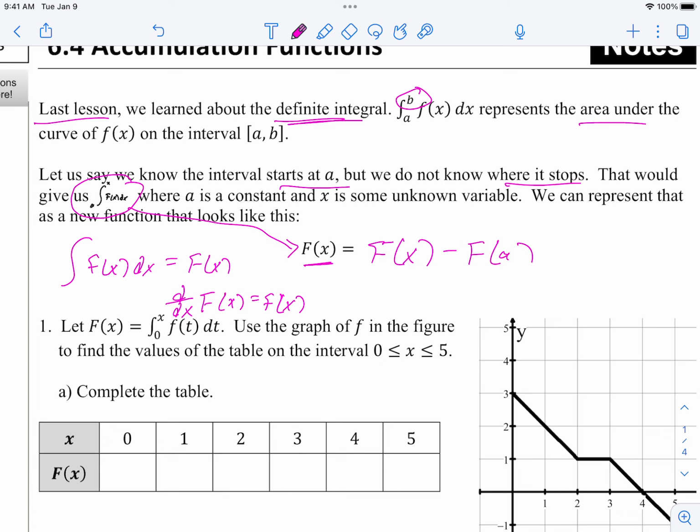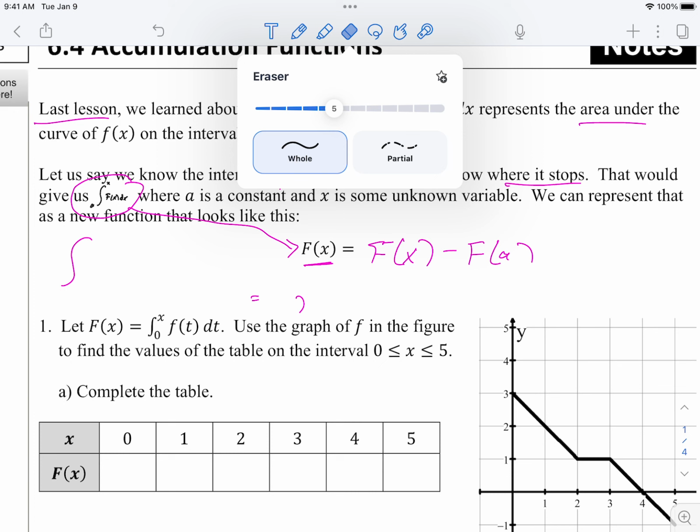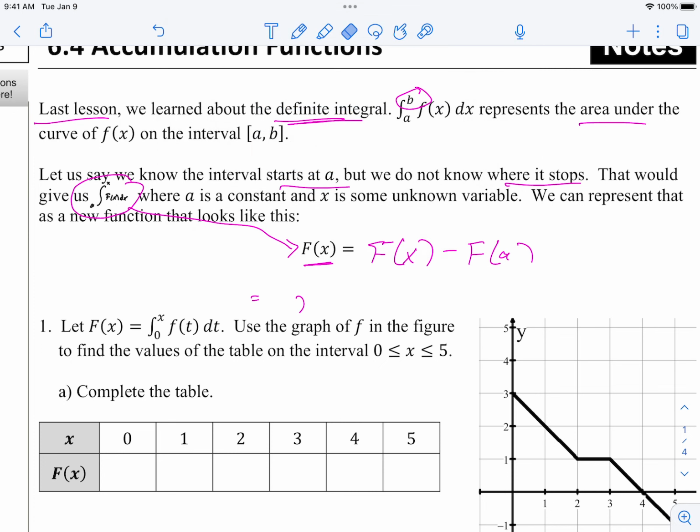Why don't I just bring that down with it? So we're just talking about that big F. I'm going to delete this out of here because I actually want to write what was supposed to be in there. Make my eraser a wee bit bigger. There you go. But this is the integral from some number to x of little f inside,